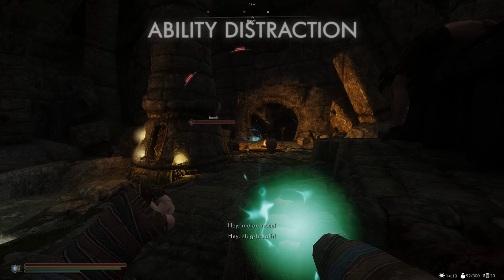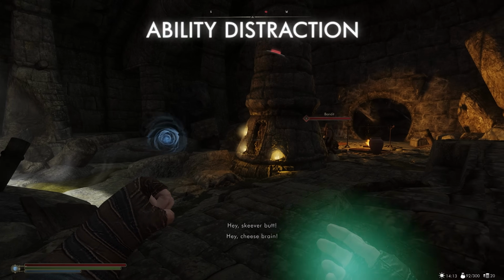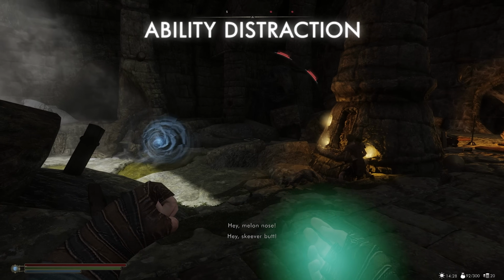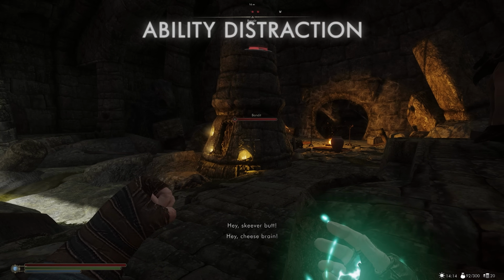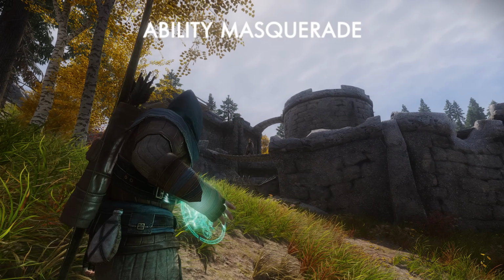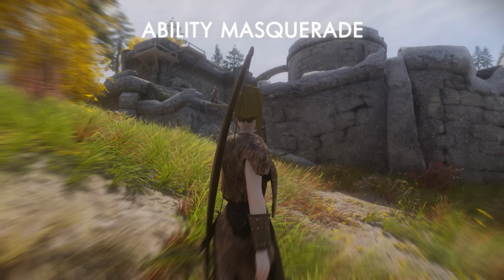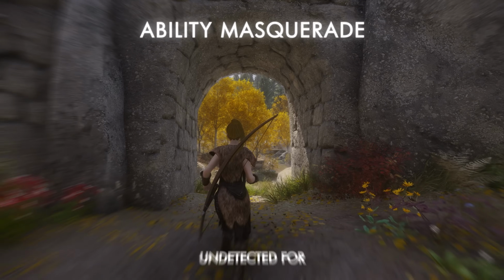Ever wish you could create a diversion? This spell lets you mimic a sound at a targeted location, causing nearby enemies to investigate. Perfect for stealthy players who want to pick off foes one by one or slip past unnoticed. Why fight your way through a bandit camp when you can disguise yourself as one of them? This mod temporarily transforms your appearance into that of a targeted humanoid, allowing you to walk among enemies undetected for